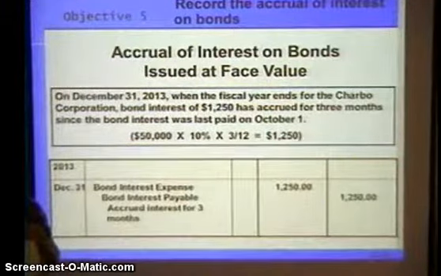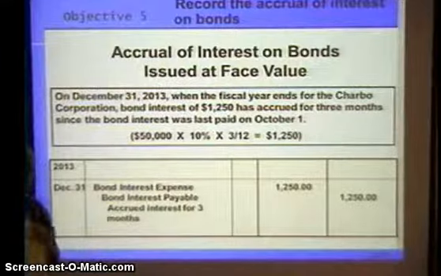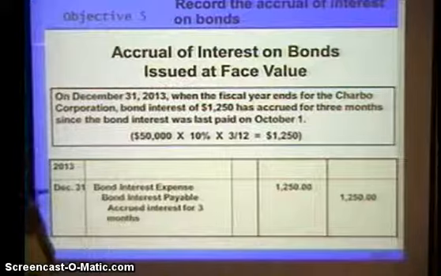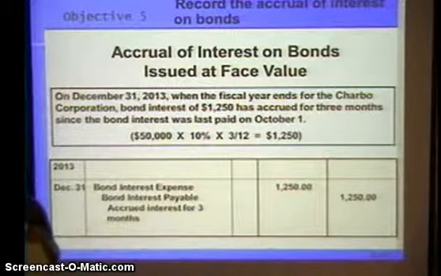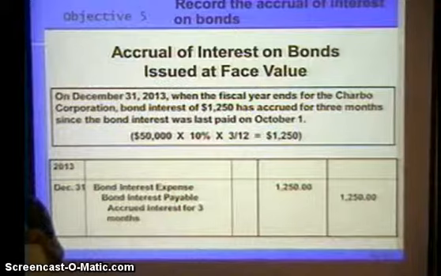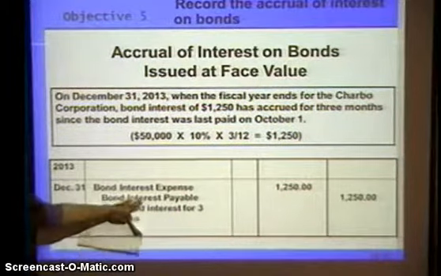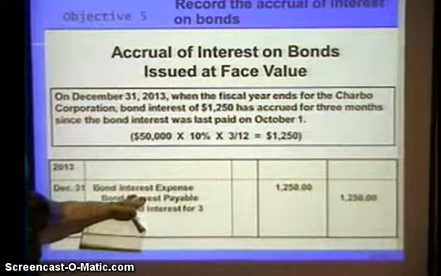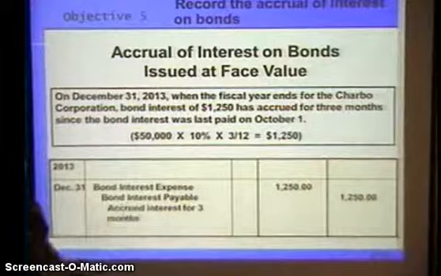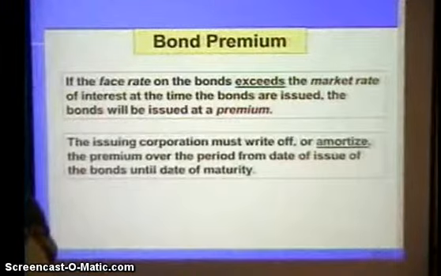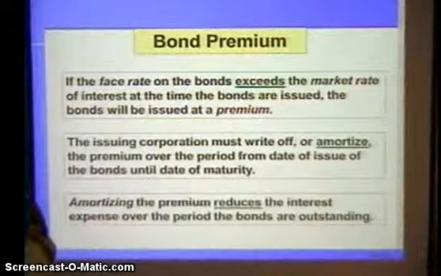When the fiscal year ends and 3 months worth of interest has accrued by the end of the year, remember you just did this for your other practice set. You've got to figure that 3 months and show it as accrued interest expense so that it shows up on our statement and it shows up in the payable account because it's not due yet, but we've accrued that much of it in those 3 months. That's nothing new either.